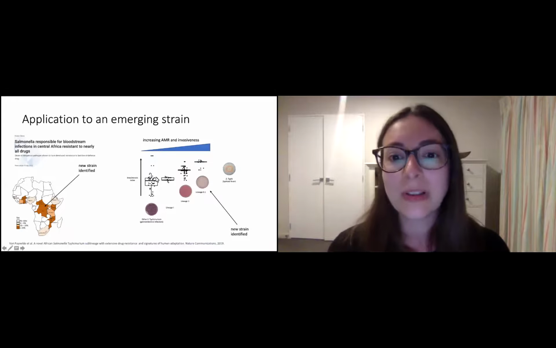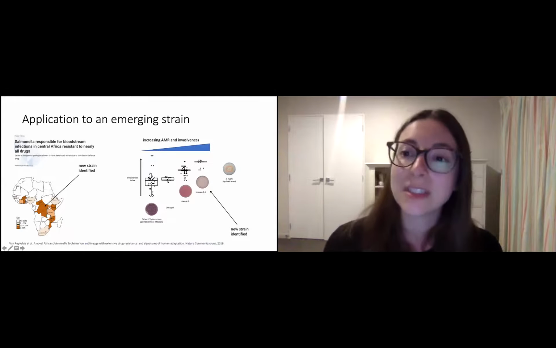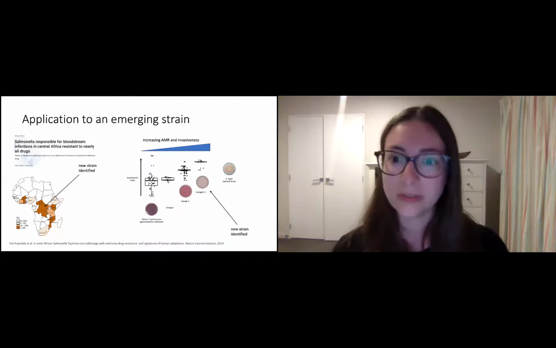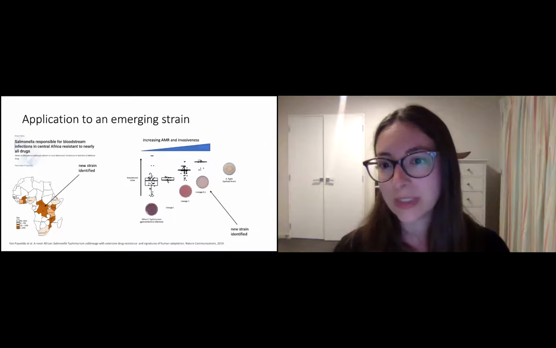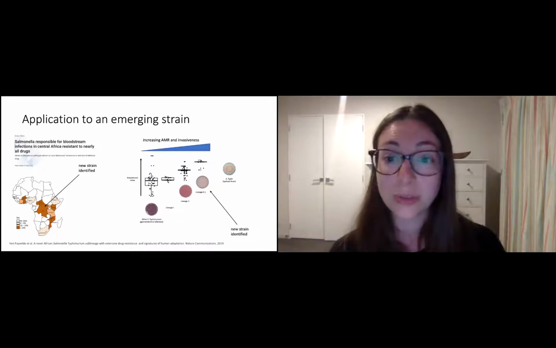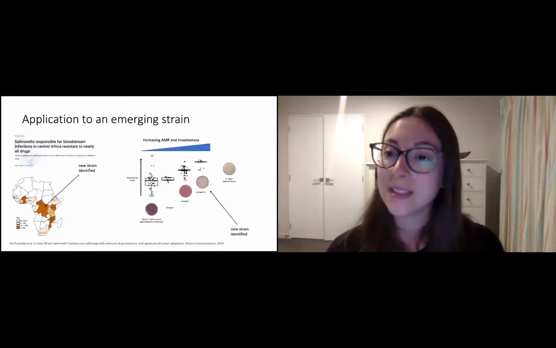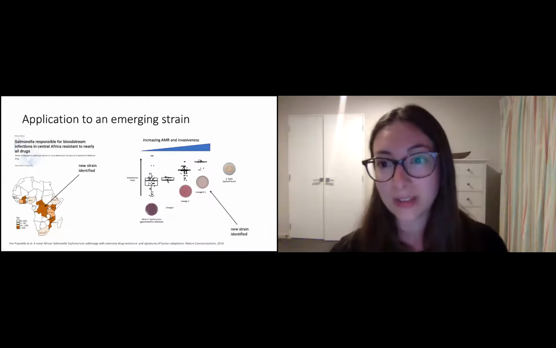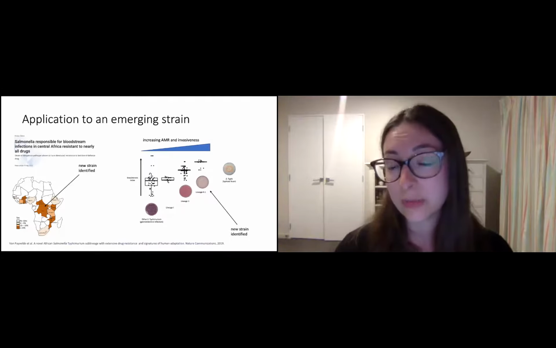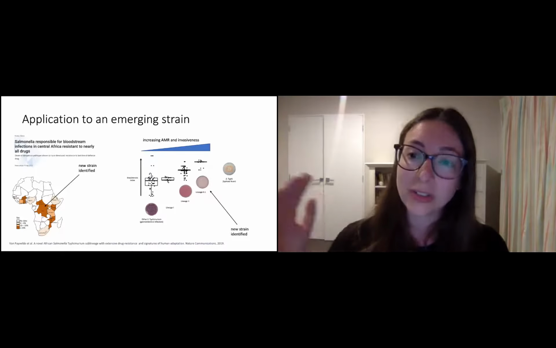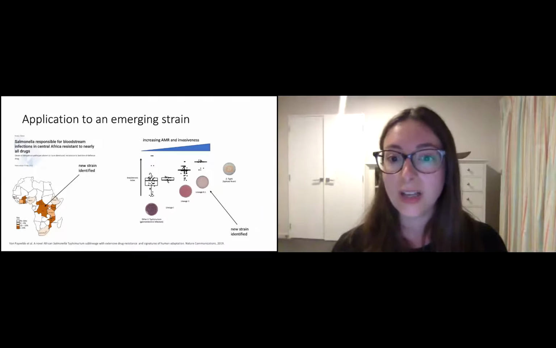So you can see in the plot the invasiveness index given by this machine learning algorithm to a number of different samples, including ones from lineage 2.1, which was the new one that we discovered. And this showed that in the genomic data, we knew lineage 2.1 was related to a number of other lineages that had appeared in the past that were associated with a higher risk of bloodstream infection. The algorithm actually showed a stepwise increase in invasiveness index in each of these new lineages, which have emerged about